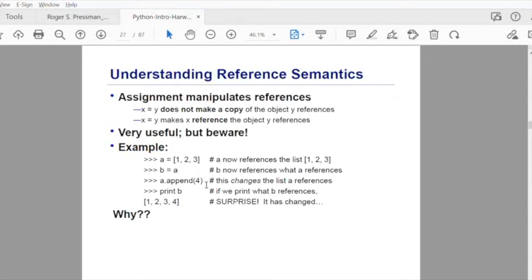Here we try to understand some reference semantics. For example, here A is pointing to the list 1, 2, 3, and then you're assigning B to A, which means that both of them are pointing to the same list. When you make some change to A, B also will change.